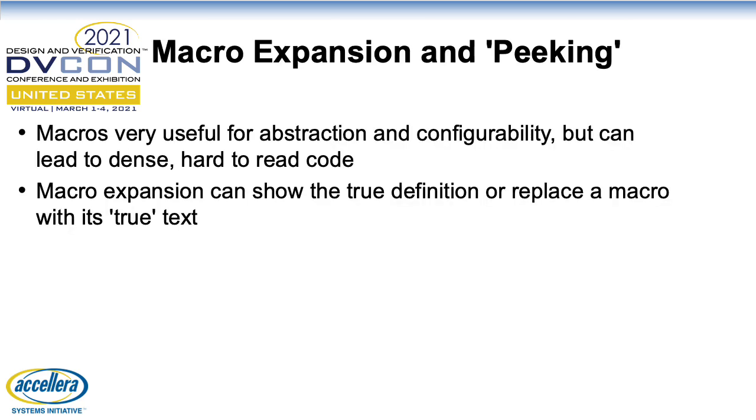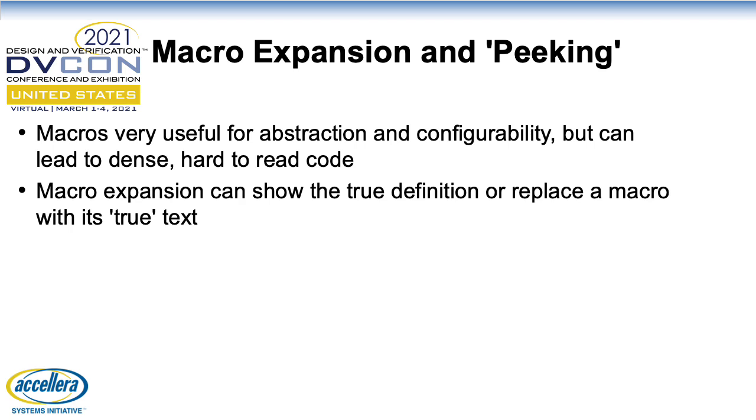So next is macro expansion and peeking. There's a lot of macros floating around out there. I don't have a picture for this one. But macros are very useful for abstraction and configurability, but they can lead to very dense and hard to read code if you don't know what's going on underneath those macros. So macro expansion can show you the true definition, or you can replace a macro with its true text and